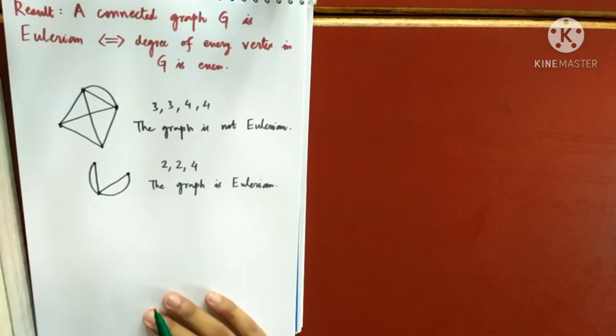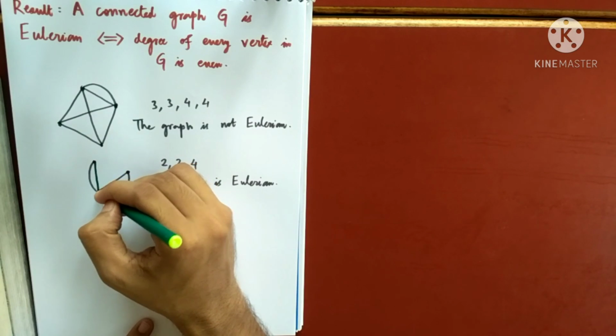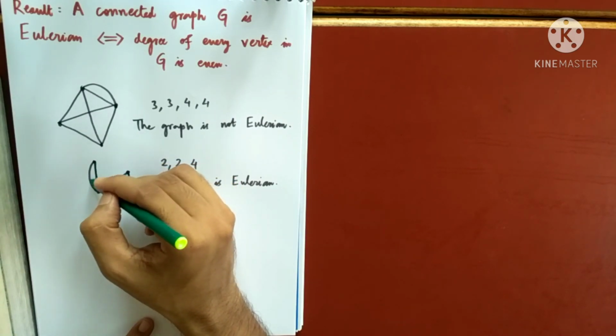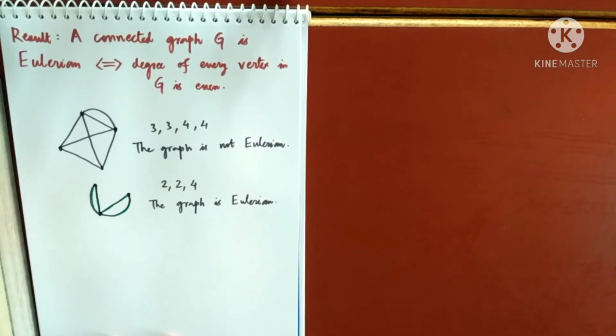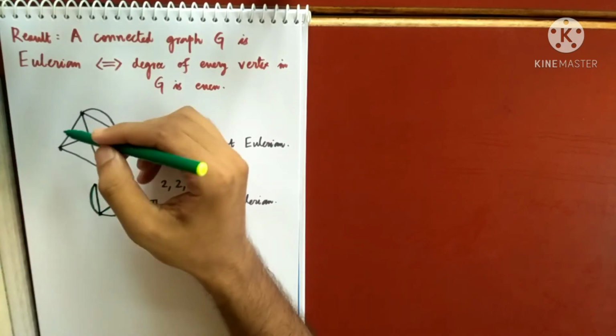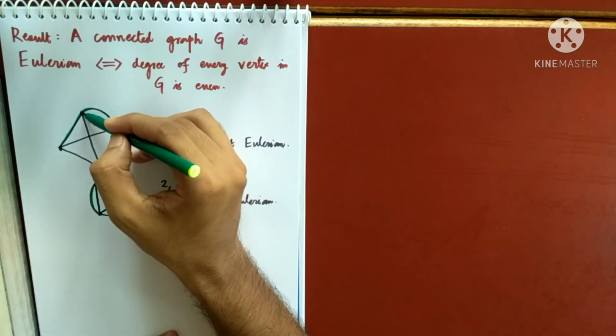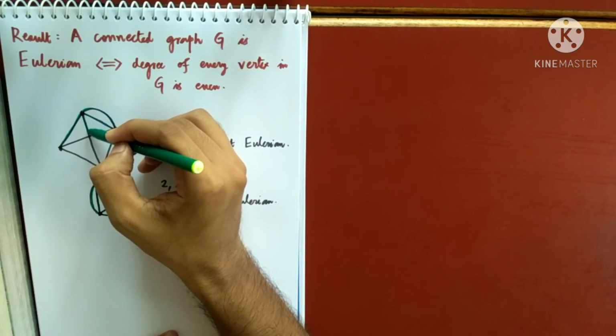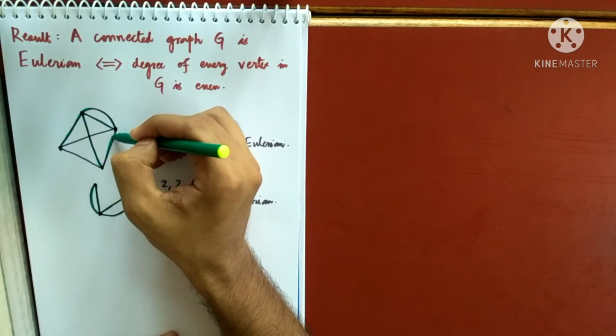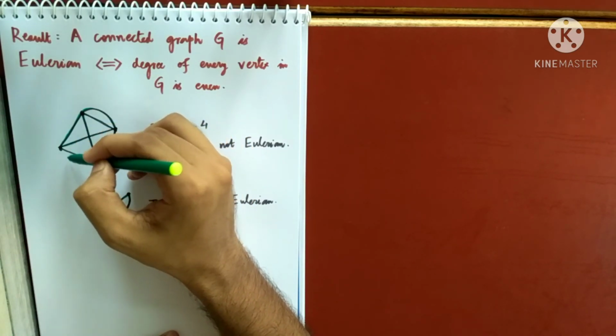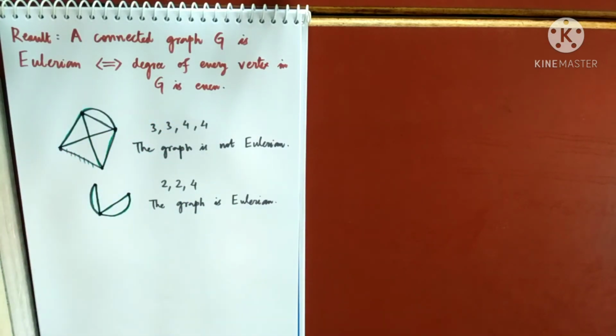See, I can draw this figure without picking up my pen. I can draw like this, like this, like this, and I can return here. So this graph is an Eulerian graph, and I am giving one more condition, that you have to end where you started. But I cannot draw this figure without picking up my pen. Let's see, can we draw it? And I have to return to the same vertex. Keep that in mind. Yes, but I did not cover this edge. So it is not possible, because the graph is not Eulerian.